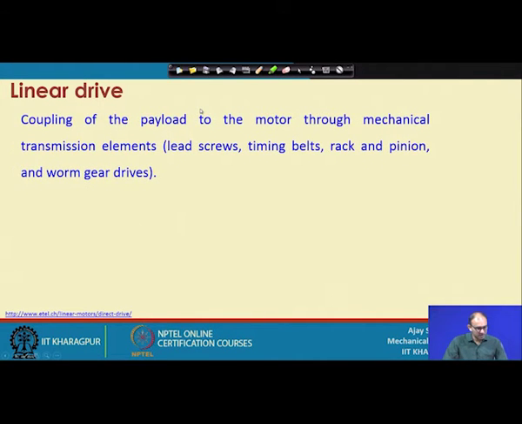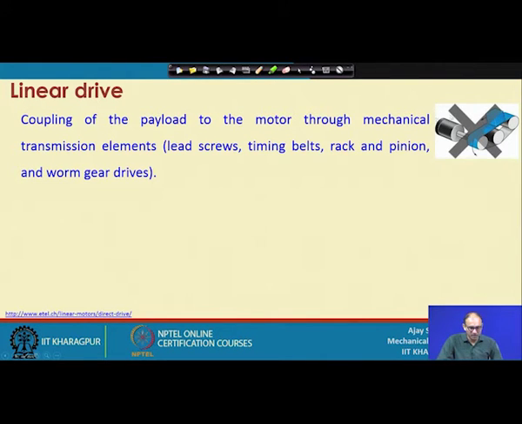So, what are the differences between the conventional drive and the linear drive? Mostly, if you consider the belt drive, we have a motor and on the motor there is a pulley, and on the pulley we put a belt. Suppose this is the component which we want to move, then you rotate the belt drive, and because of the rotation of the pulley in clockwise or anti-clockwise direction, you can move this component to another position.